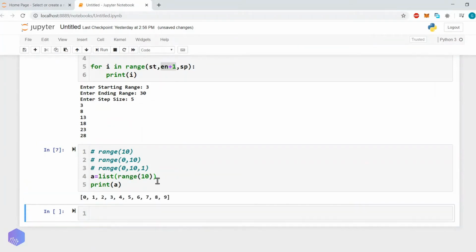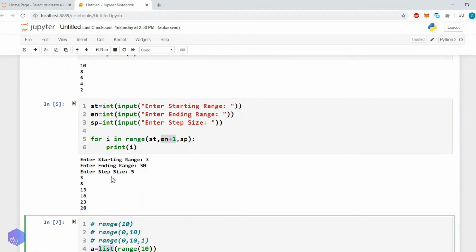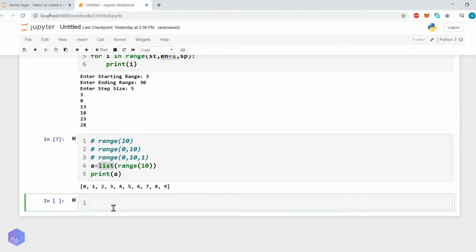As you can see, whatever value will be returned by range, it will be converted into the list, and then that list will be assigned to a. So I hope you people are clear with the working of the range function. Range will return the numbers in the form of a list, so we have to convert it into the list explicitly, and then we can assign it into the variable. Now let's have some examples of how we can use for loop.